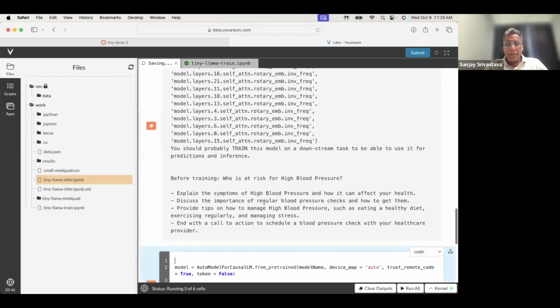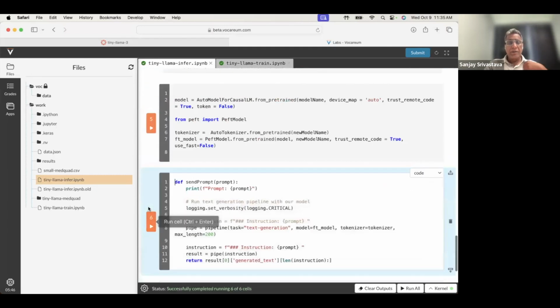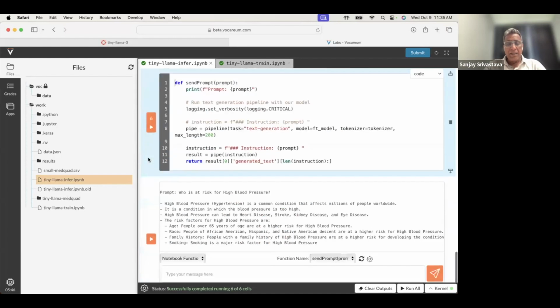So it's saying before training, it's giving you answers to a prompt like "explain the symptoms of high blood pressure." Obviously it's not giving you a good answer, just a kind of random one. But after training with the data set,